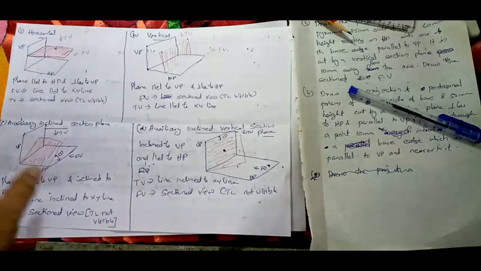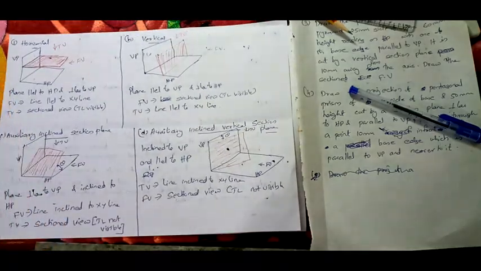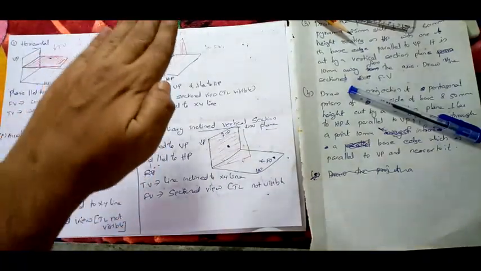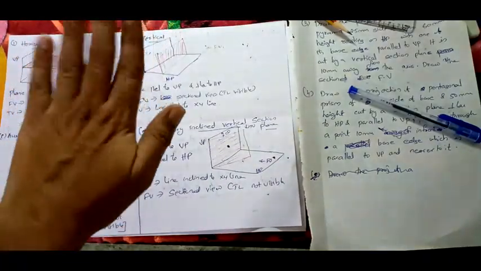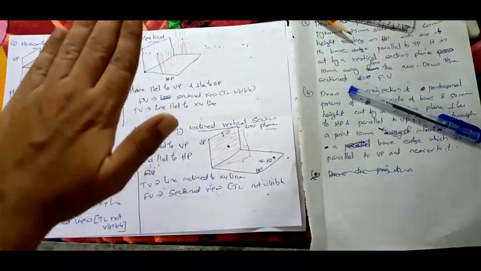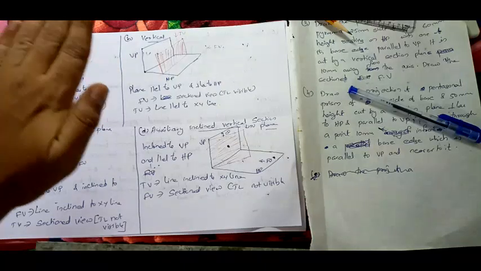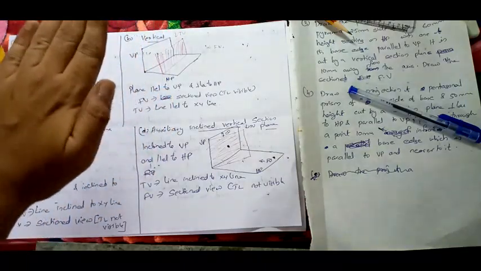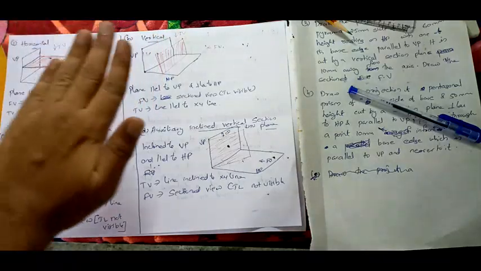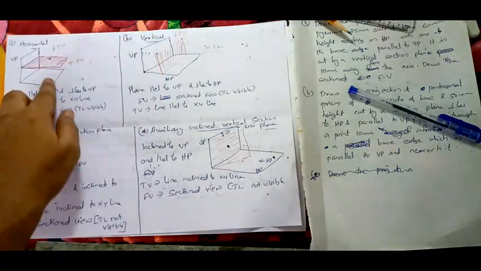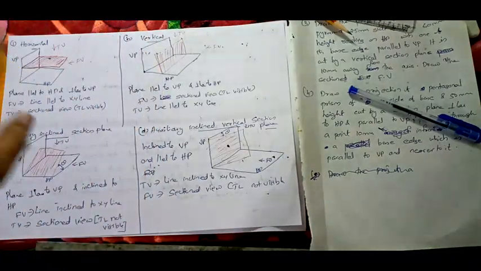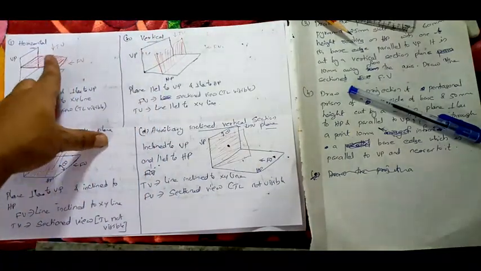Consider we are having a mango here. You are placing the mango on your HP and you are cutting it using some machine, in such a way that the machine is moving parallel to HP. So the mango is on HP, the machine is moving parallel to HP, and we are cutting it. That is called the horizontal section plane.